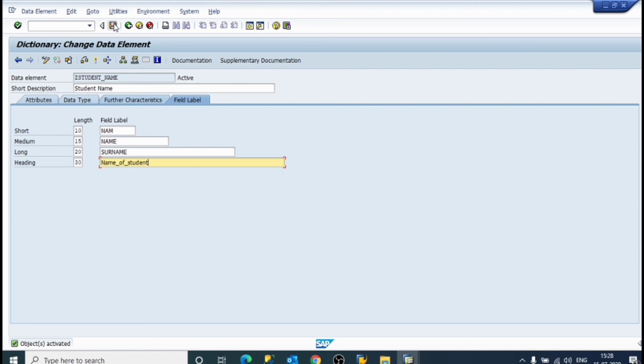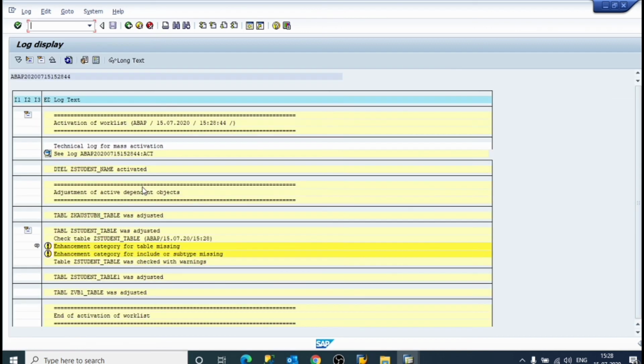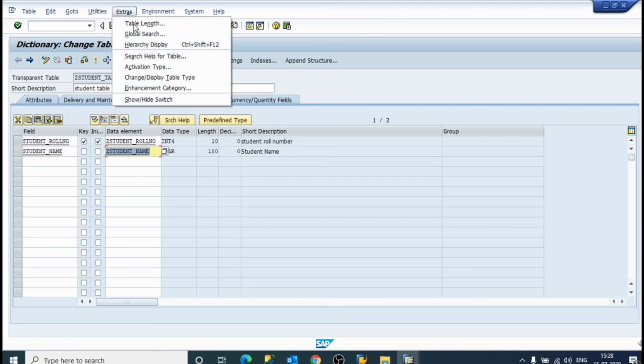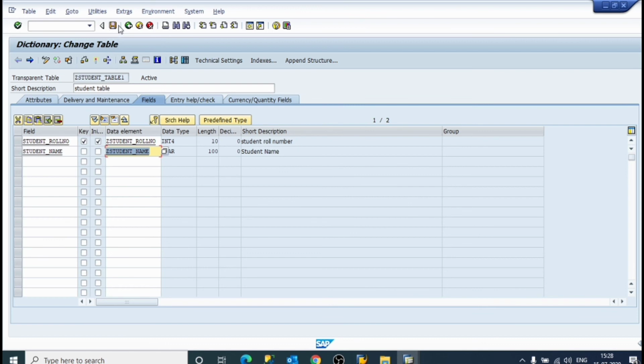Save it, check, activate, selected. Now we can ignore, back, extra, copy, yes. Now extra, it is activated. We will just again activate it, done.